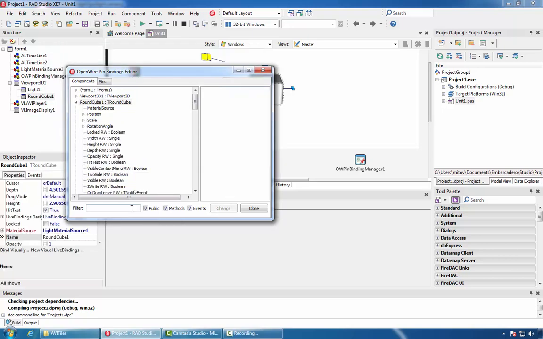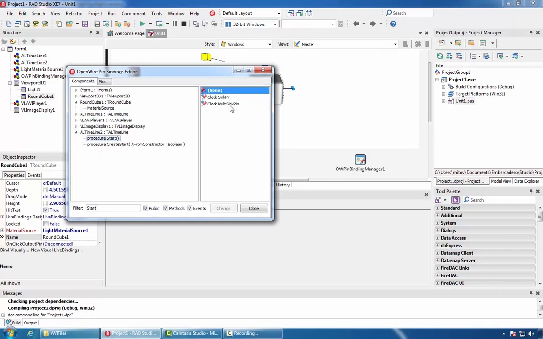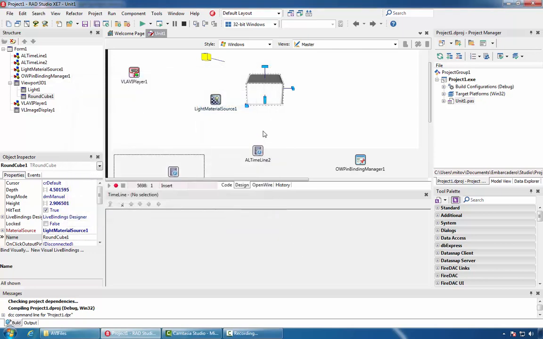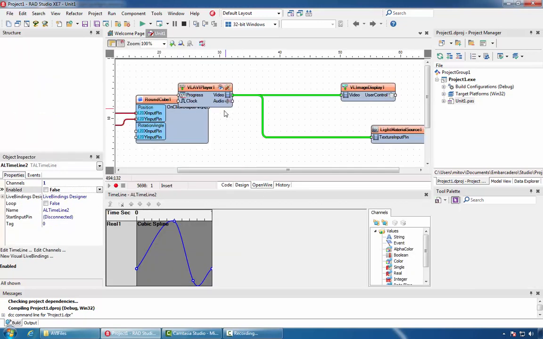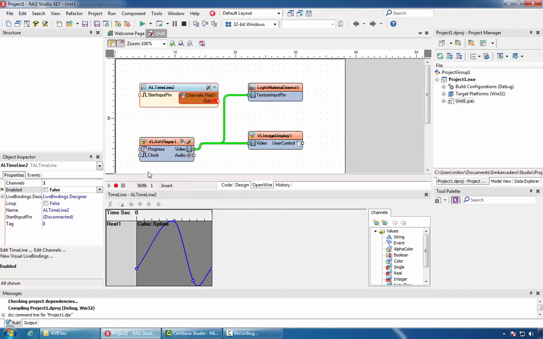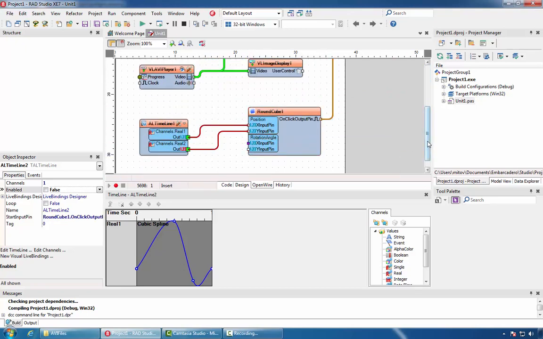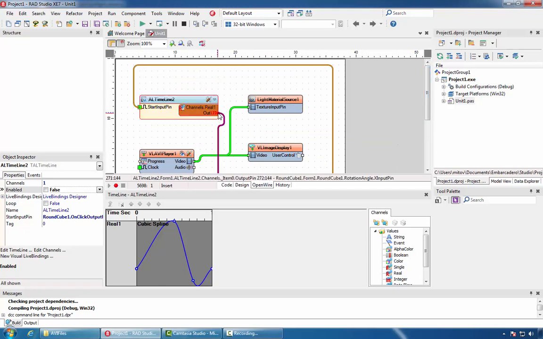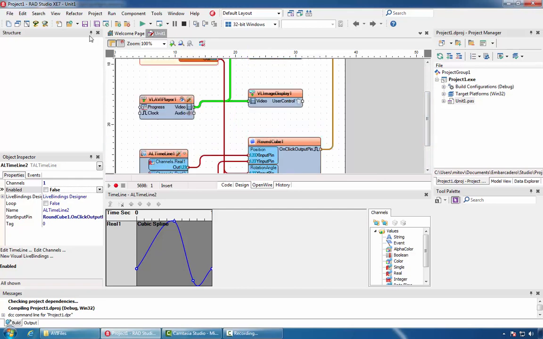We also add on-click event, and for the animation we'll add multi-sync pin for its start procedure, so we can start the animation with clicking on the cube. We'll set the animation to disabled, rearrange the components. We'll put the start pin with on-click event and the X and Y pins to the animation timeline.